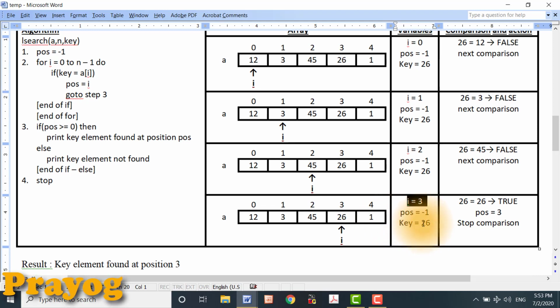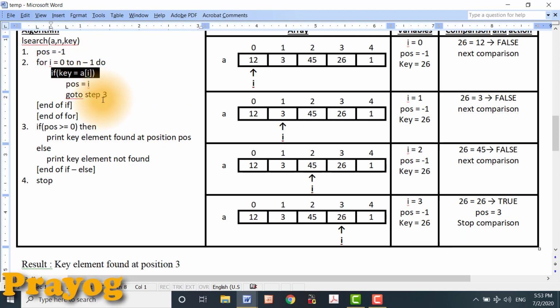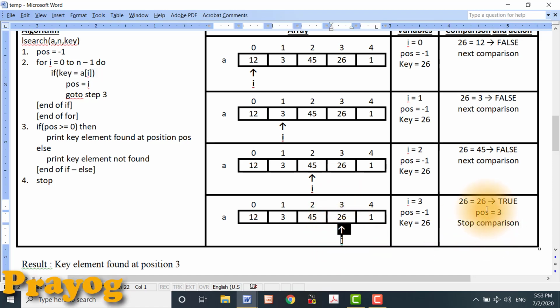Now the key element is compared with a of i, where a of i is also equal to 26, and key is also equal to 26. Naturally the condition is true. When the condition is true, immediately the position of the key element, which is pointed out by i, is recorded and set to the variable pos.